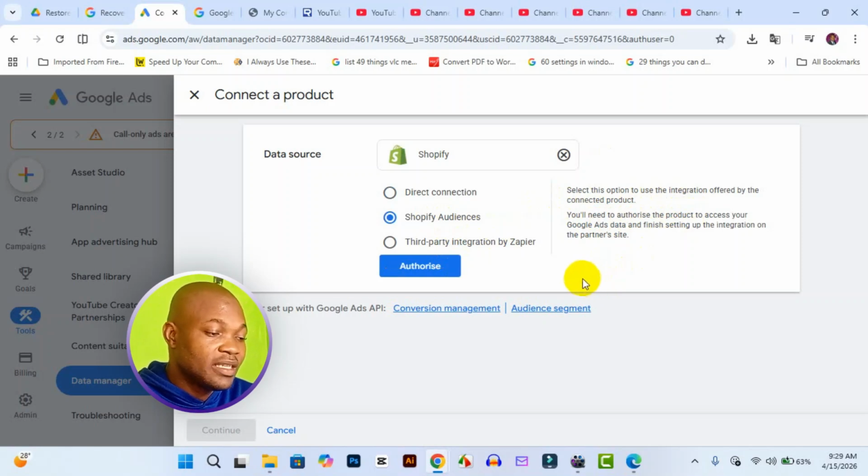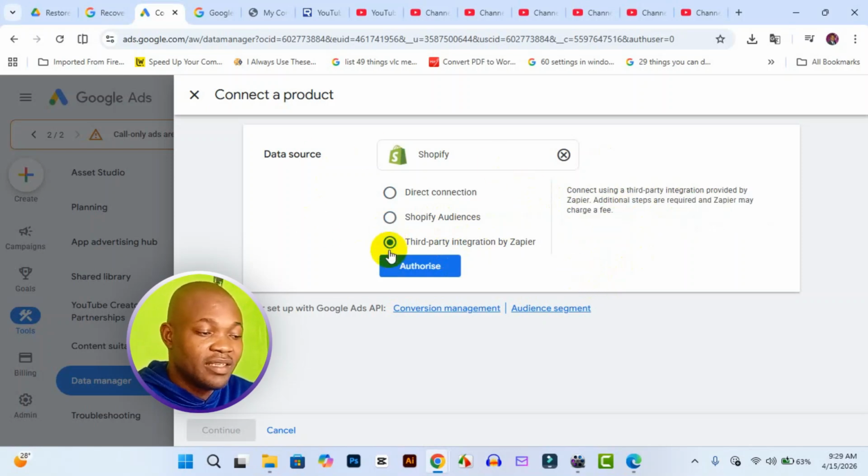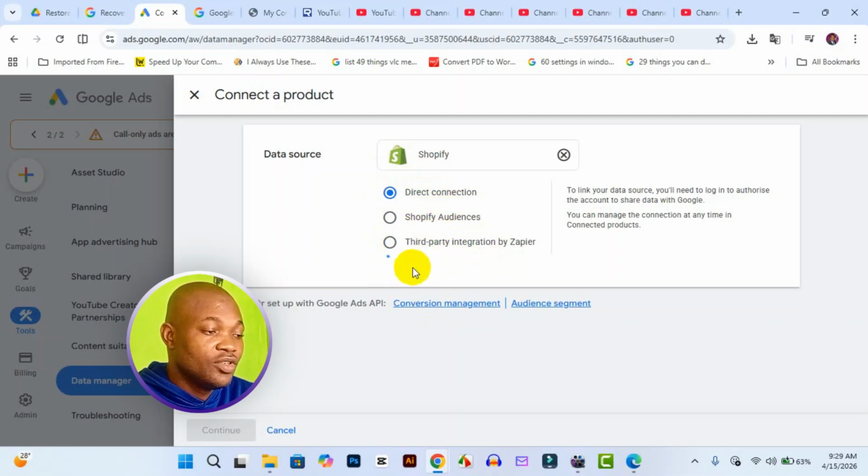So for the third party integration here, everything depends on the options you want to use to get your data. As far as Shopify store data is concerned, you can easily choose any of the options right there and then choose authorize. Right, choose direct connection right there. I click on authorize,